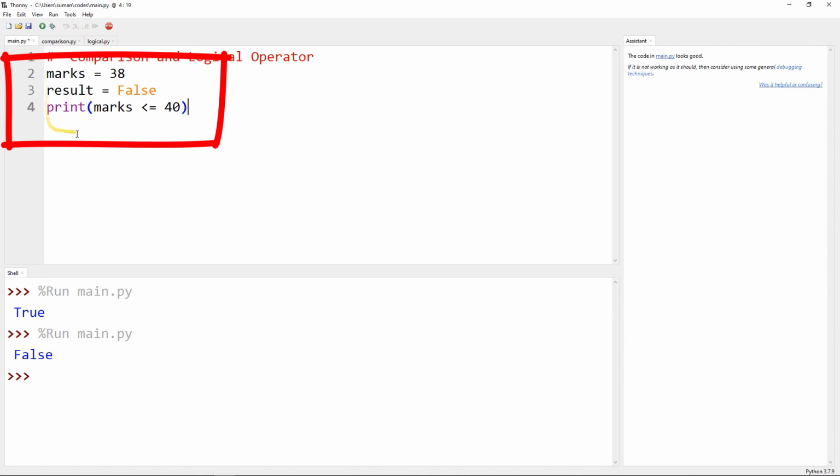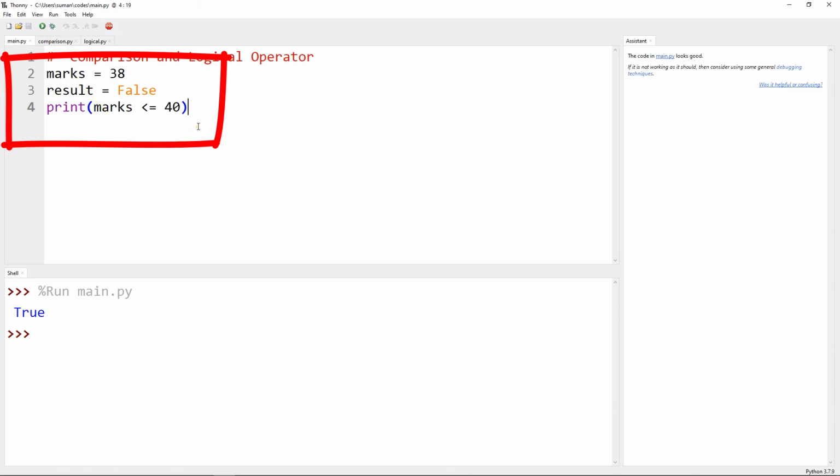What is happening here? We have marks equal to 38, and marks less than or equal to 40 is a true expression. So if we run the code, we get the result as true. Once again we clear the cell and run the code, and we get true.